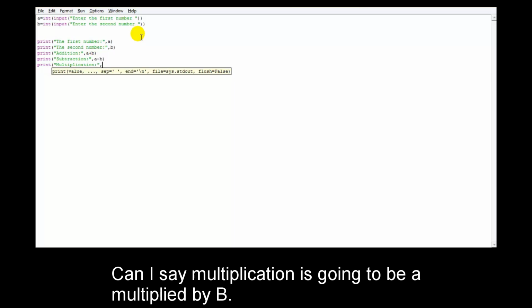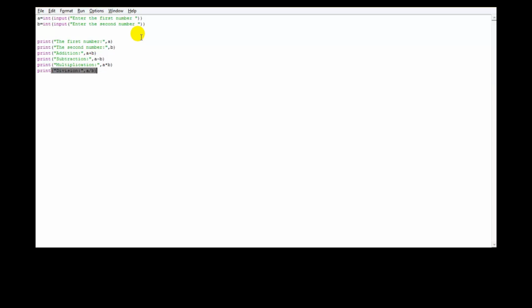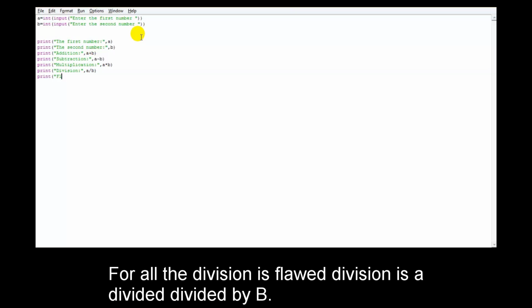Can I say multiplication is going to be A multiplied by B, and I'll say print division is A divided by B, and then I say print floor division is